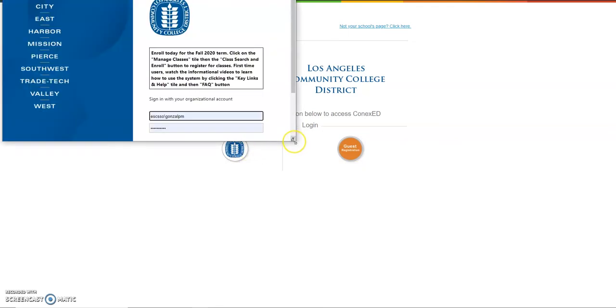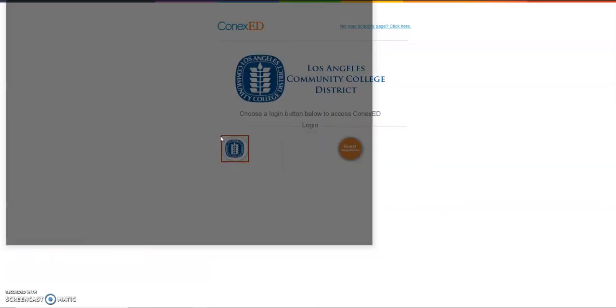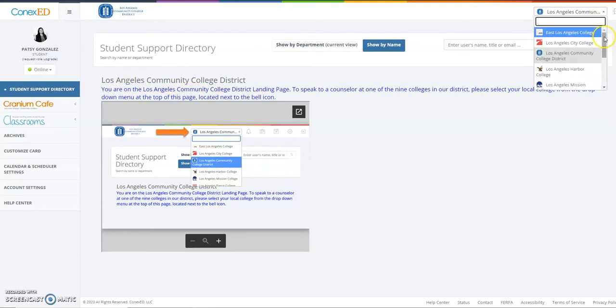Once you click on that blue button, you will be taken into your login page where you can manage your classes. So go ahead and log in. Once you log in, ConexED will create an account for you. The first thing you want to do is read over anything on this page. What this is letting you know is that on the right top corner, you can make an appointment with any